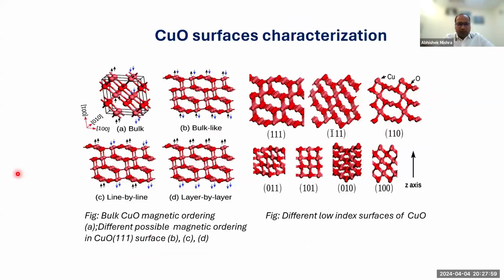And similarly, we did calculation on the second oxide, copper 2 oxide, CuO, and we looked at the direction of the magnetic ordering as well. This is a bulk material, and you can have the bulk-like magnetic ordering. You can have line by line, as you can see here, all up, down, or you can have layer by layer. So all these, you have to work on all the possibilities before you can start the calculation for the catalysis applications or any